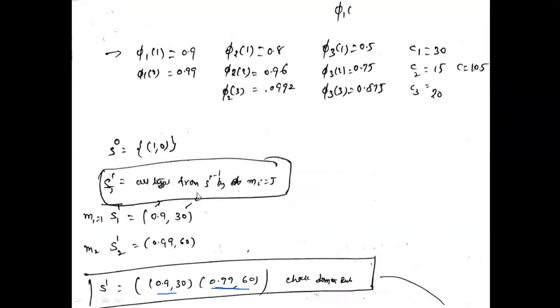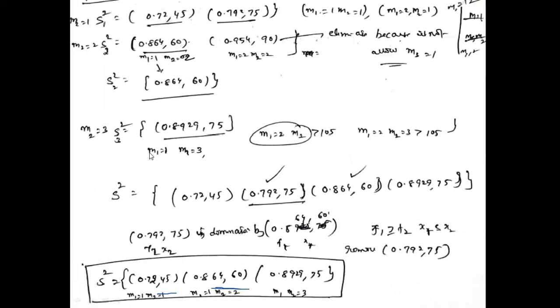Next, we are calculating valid ones. Valid means only from S square, that is, in S square 112, and the next one is 112. So 112, 112 only from S square, that is, only valid in S square. Valid means you are using M1 equal to 1, M2 equal to 1, and M3 equal to 1.